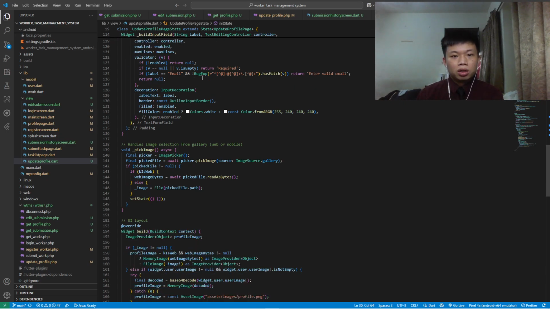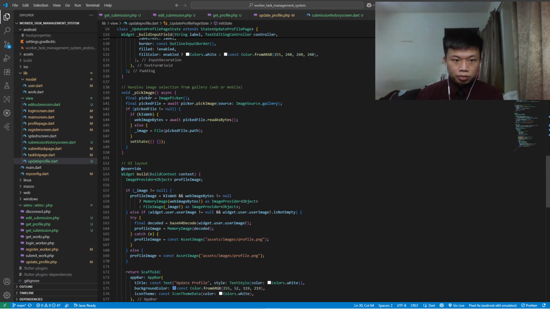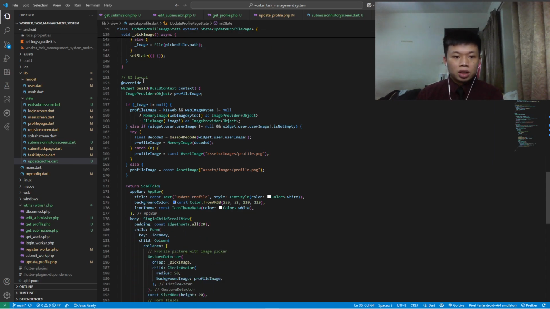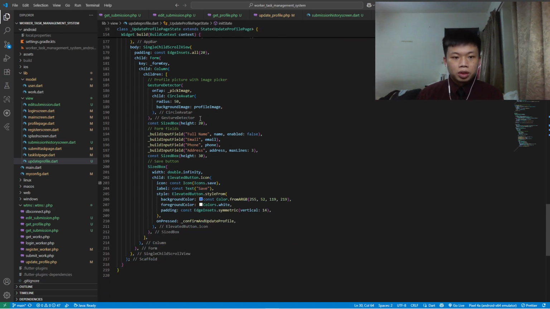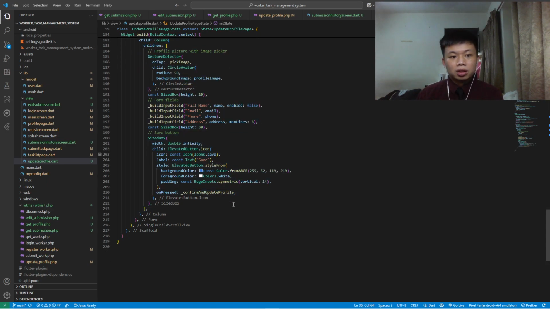And then here are all the conditional checks. And then here the image part handles image selection from the gallery, either web or mobile. And then here is all the UI layout, like the app bar, profile picture, image picker, form fields, and save button. Alright, so right now I'll be running the app,